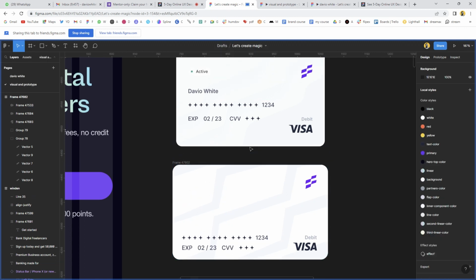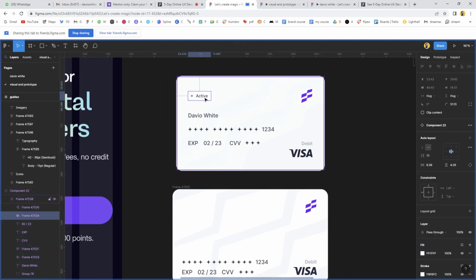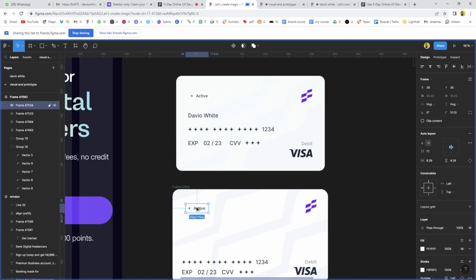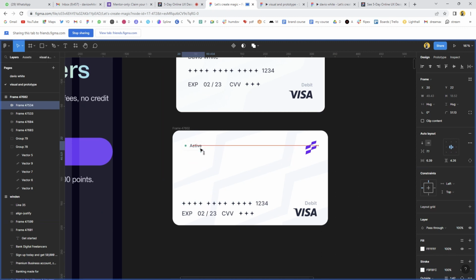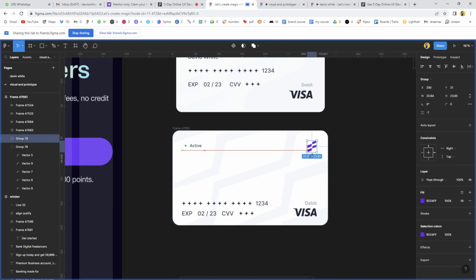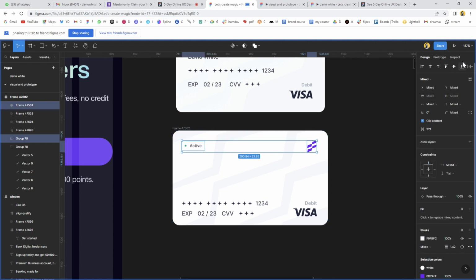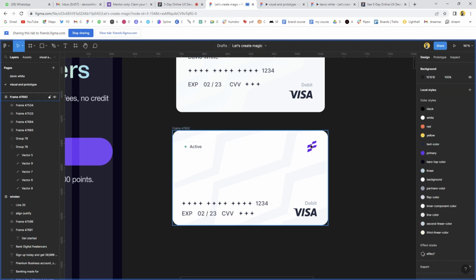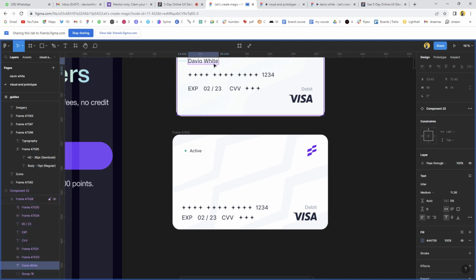Right. I'm going to change the, okay, so we have this one as well. I'll reduce the size of this one a bit. Together with this, center them horizontally, and my name,